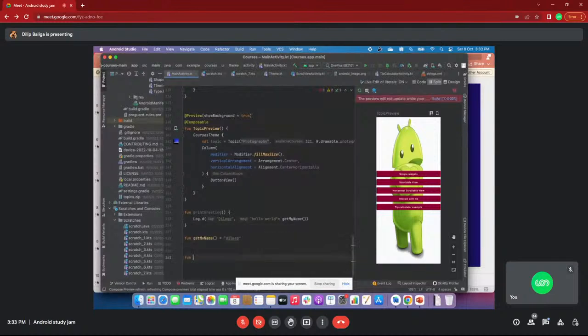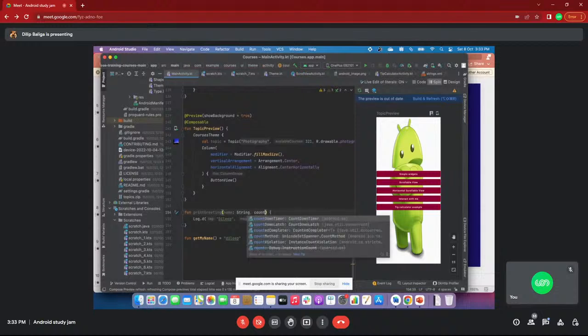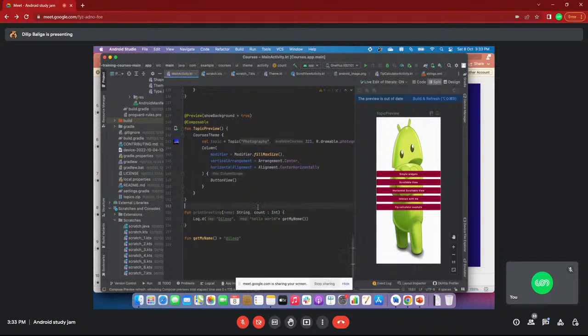For example, a function, let's do it here only. What I do is name, which is of type string, and count, an int. Now I am calling the named function from somewhere else. I call this println, print greeting message, from here.